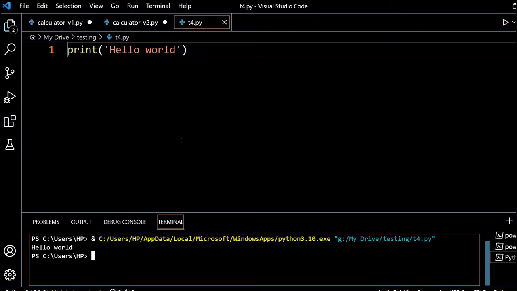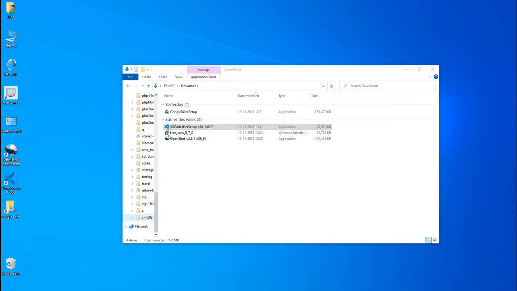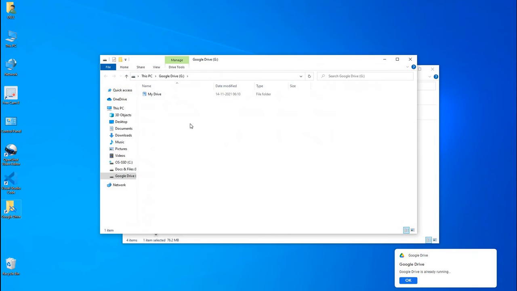Now this particular file should be available on my laptop also, because the file I have created is stored in my Google Drive. How you install Google Drive and connect it, we'll see that. I downloaded Google Drive for desktop and installed it. Now I am connected, and you can see Google Drive is there for me, running as an additional drive based on my ID.